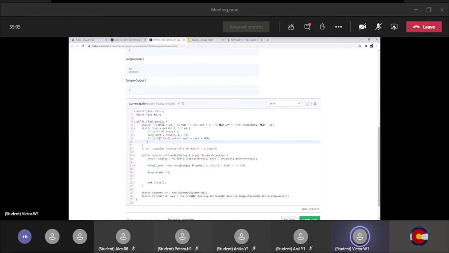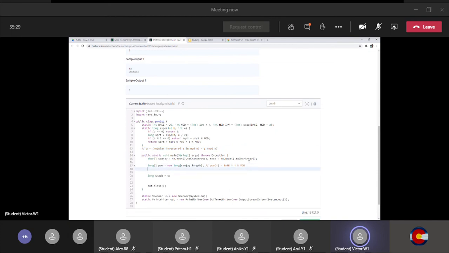So in the case that e is even, we have that pretty simple case. But otherwise, we have to return square root times square root mod, but then we have to multiply by the base, right? Because there's that extra truncation, and then there's an extra base we have to add. So this would basically compute our modular inverse for us in pretty fast time. So it's okay. Now let's go back to computing this power